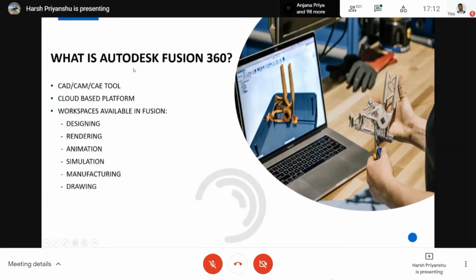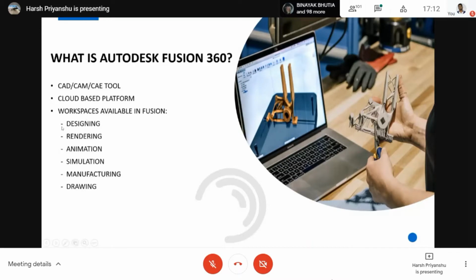Like you already mentioned about the software, I'll mention again. What is Fusion 360? The first thing that comes to our mind as a beginner is what this Fusion 360 is and where we can use it. It's a cloud-based CAD and CAM software. CAD stands for computer-aided design, and CAM stands for computer-aided manufacturing, a tool for collaborative product development. Using Fusion, you can collaborate with others online, create your products, and then show them to others. And it's an online-based platform which requires